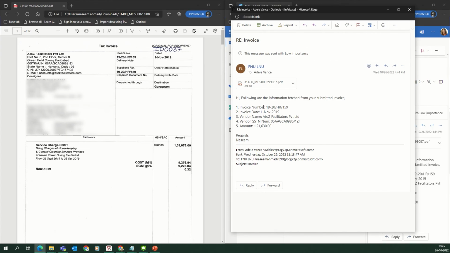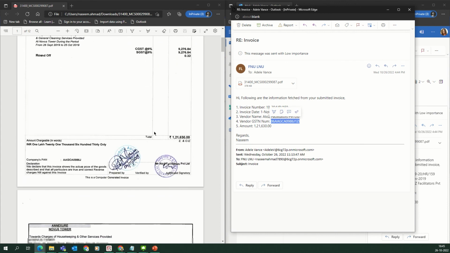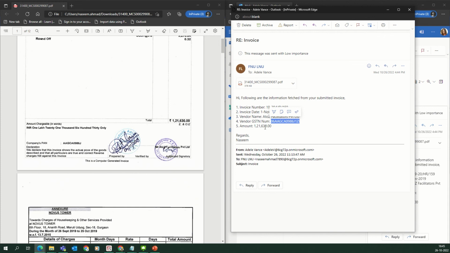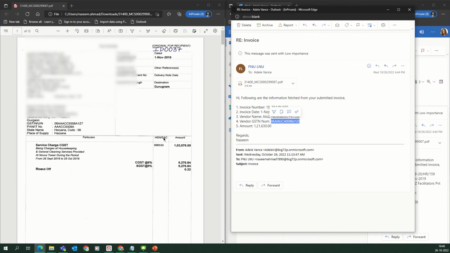So if we talk about the invoice number, you will see this is the invoice number. So that is correct. You can see here invoice date 1st November 2019. That is also correct. Name of the vendor A to Z facilitators, correct. Then the invoice GSTN number, that is also correct. You can match it here. And the total amount 121,630, that is also correct. So these are the functions, and this is how we can use AI models in our business process